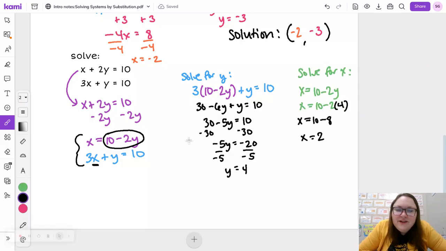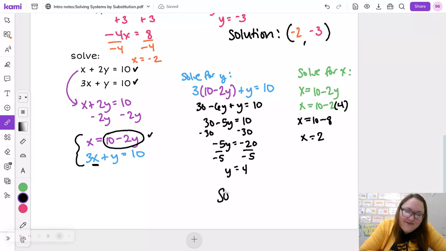Okay. When you go to solve for x, we're substituting y equals 4 into an equation. I do want to point out, you could use either of our original equations, or you could use that equivalent equation for the first one. All of these will give you the same solution. I used our new equation, the one that said x equals, just because I know I'm trying to solve for x. And when I solved it, I got x equals 2. So our final answer, our solution, would be the